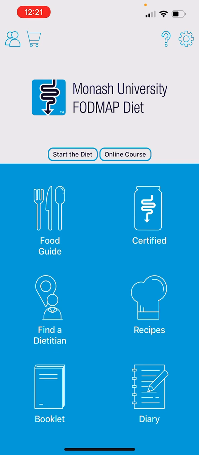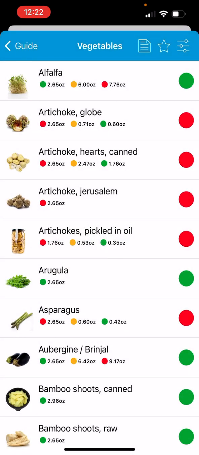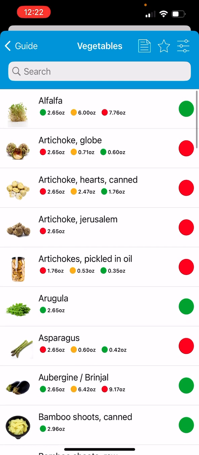the Monash food guide. So I'm clicking into the food guide and I'm going to go into the vegetables. So the typical food guide, this is without any filters enabled. This is just the way you've been using it the whole time. On the right-hand column, you'll see the big traffic lights, and that's giving you an overall score for the food. And those are either yellow, red or green, saying, yes, this is high FODMAP, or no, it's